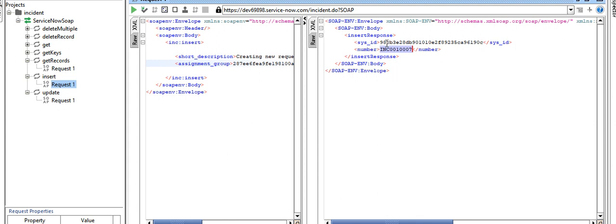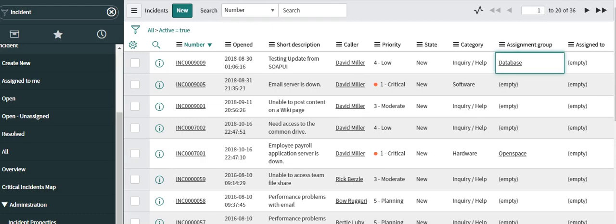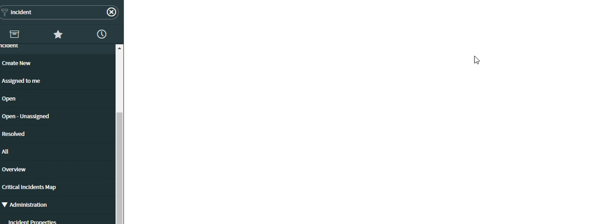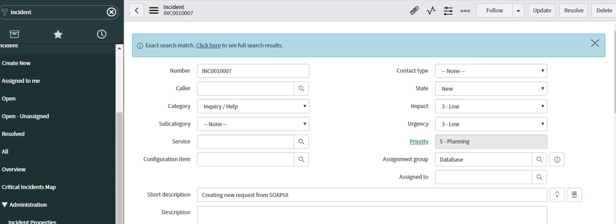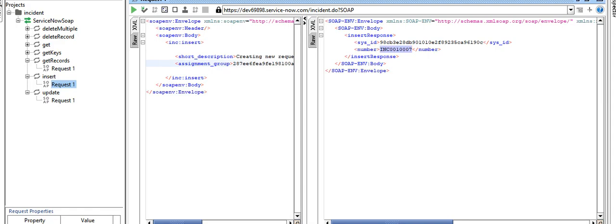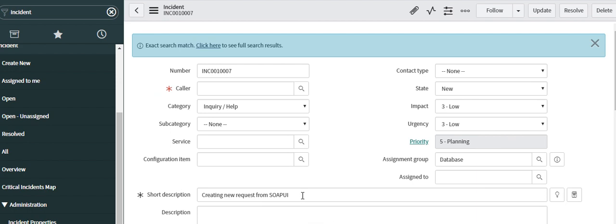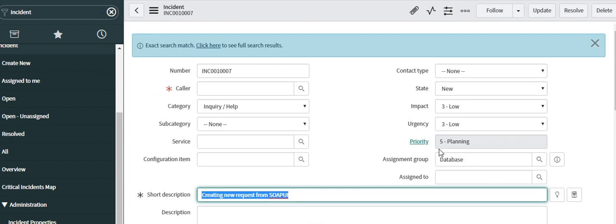In response, we'll get the sysID and the number of the new incident. Let's go and check if the incident is created. And the new incident 0007 is created with the short description and assigned to the assignment group which we just assigned.